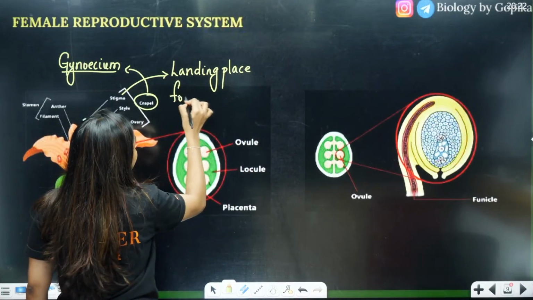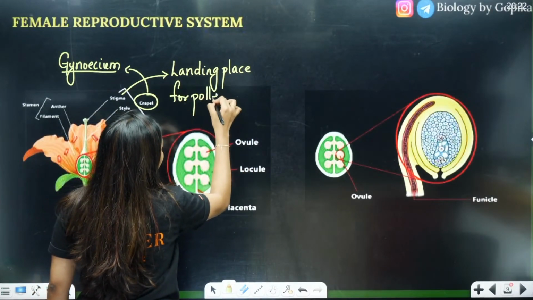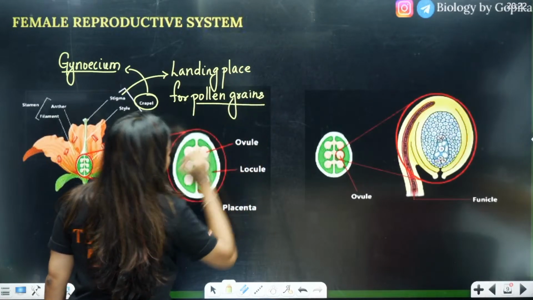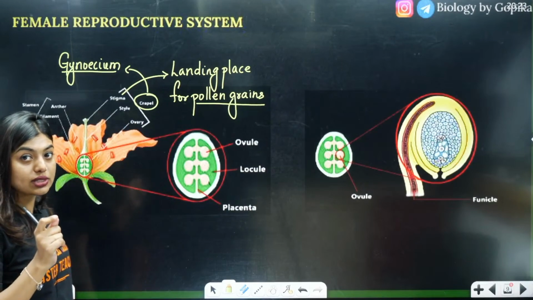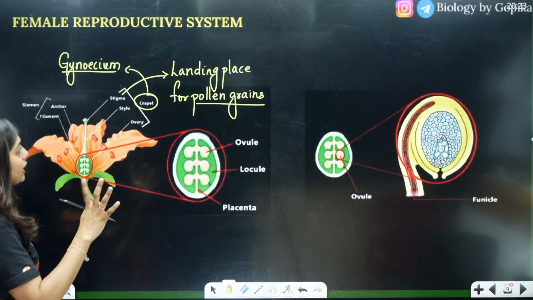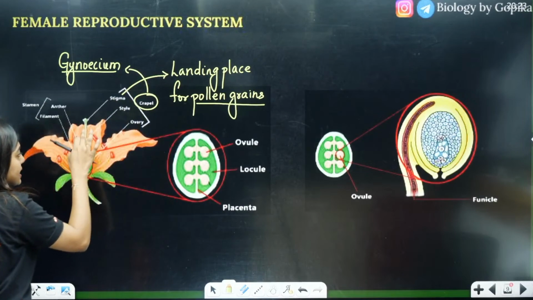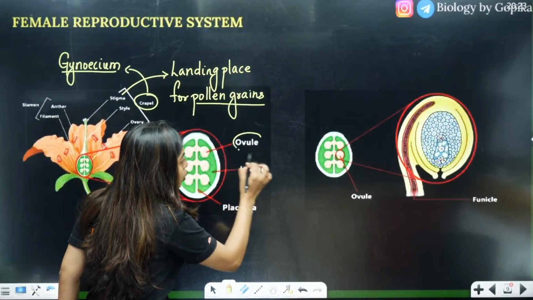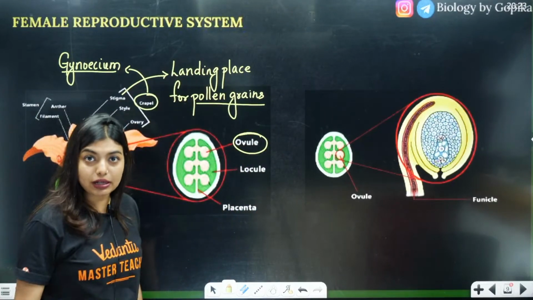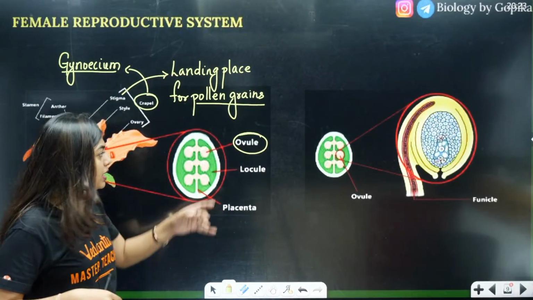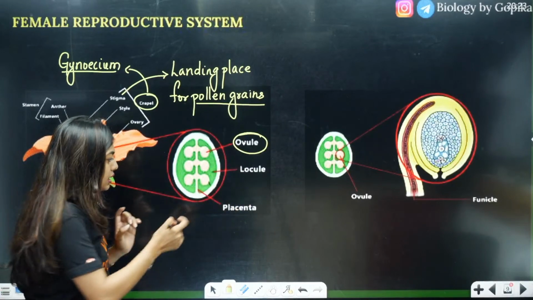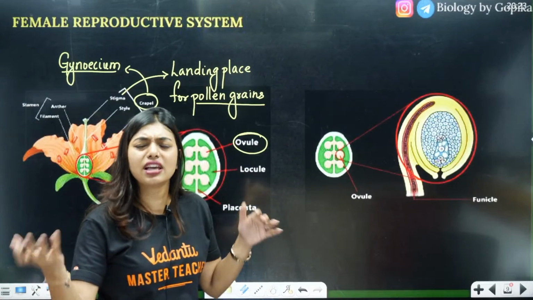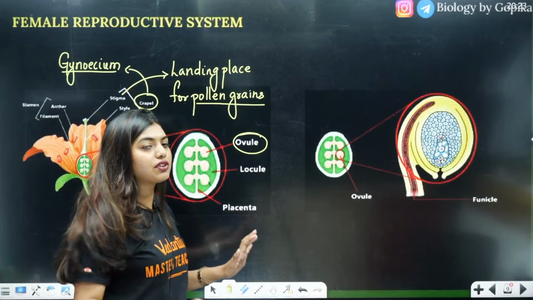Clear? Pollen grains. Inside the pollen grains, who is there? Male gamete is there. Don't forget that concept ever. Stigma, then style is that long slender part, and then inside the ovary, what is there, students? Ovule is there. This ovule is the one which is going to become the seed, once fertilization happens. So ovule is there, locule, placenta. You have studied these in your 11th morphology of flowering plants. Again, on this channel, we'll be taking that as a revision for your KCET.